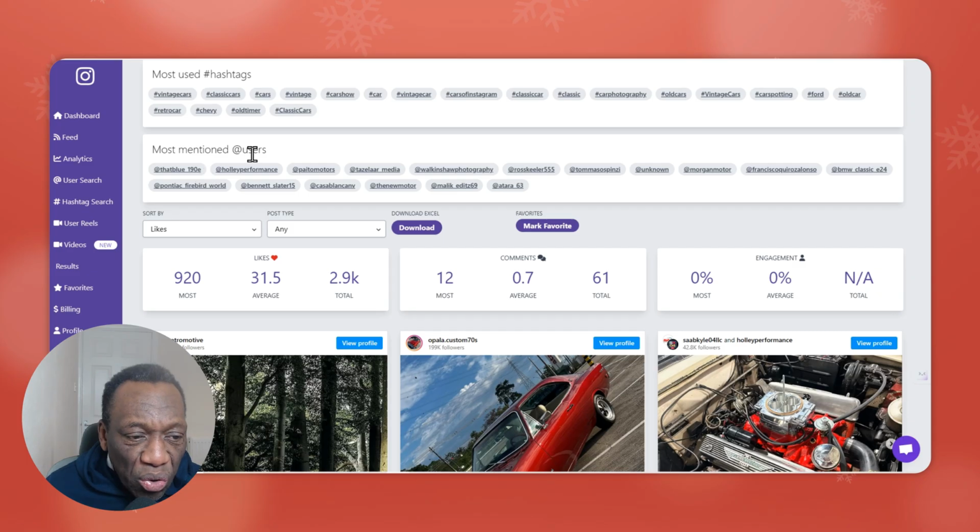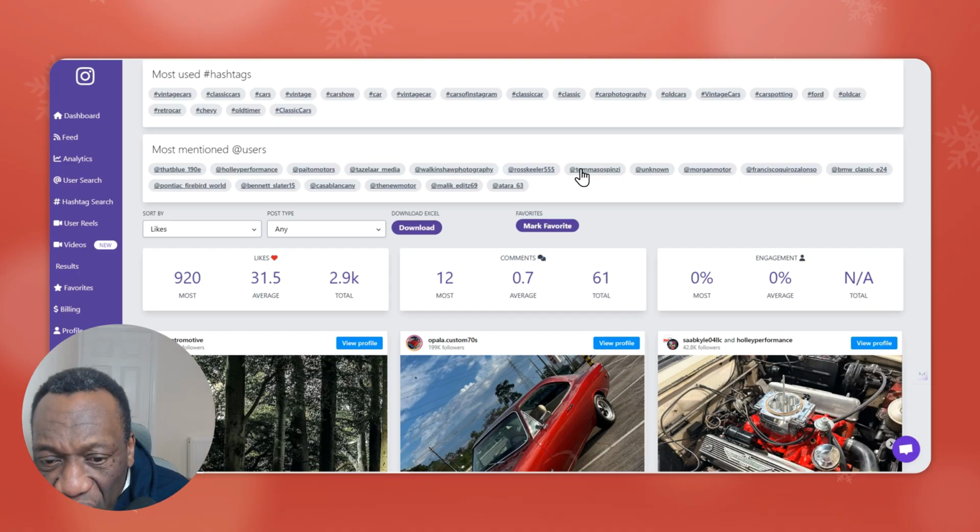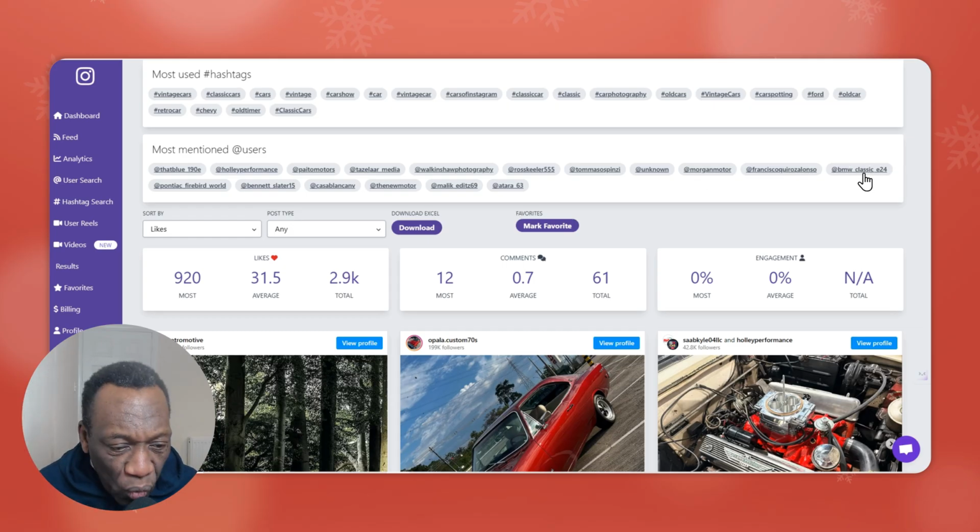And you can also look at most mentioned. Based on this, you can actually begin to craft content. So with most mentioned, you can see what people are actually looking at. You can see some unknown. Let me see something. BMW Classic E24. I think, is that a car I actually own myself? I'm not sure, but you can take that on, and because it's one of the bigger ones that are being